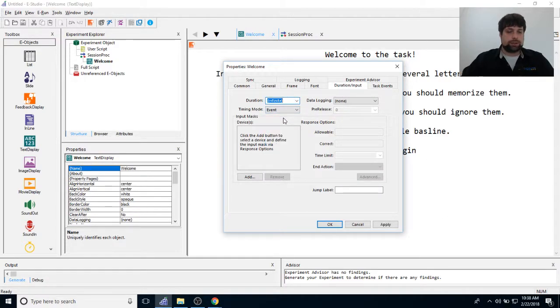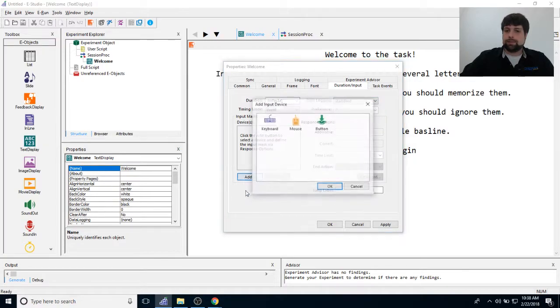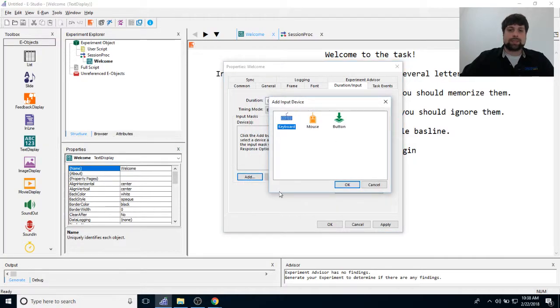I always like participants to read the instructions or be on the welcome screen for as much time as they need for two reasons. One, you can kind of leave this up in your lab if you don't want participants to watch you run ePrime. So this is just a good screen to sit on for a nice long while until participants read all the instructions. But two, I like to make sure that it is up for enough time for participants to read the instructions. I'll set my data logging here to standard, and I'm going to add an input mask as my response